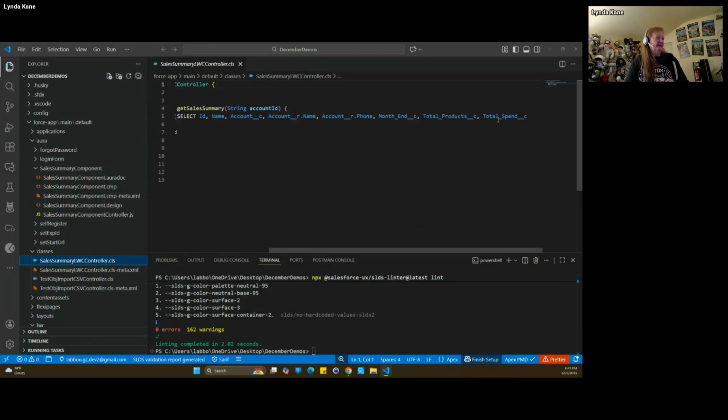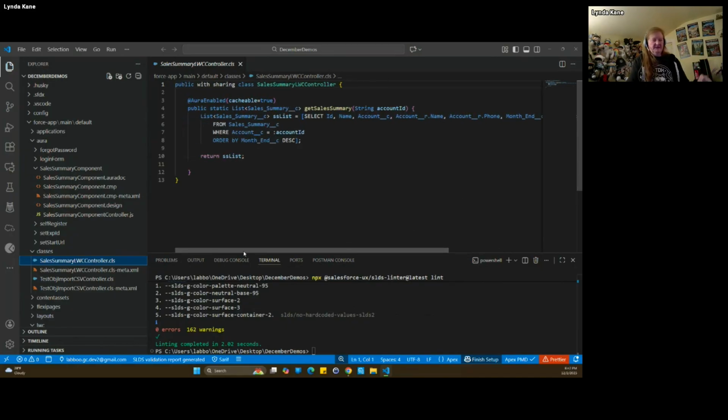And in my query, I'm getting that account. I'm also getting the account's name and the account's phone number. And then part of what I want to include in my LWC is kind of an average spend per product. Not a great example, but hey, an example with a calculation in it. Along with being able to provide a link to the summary data record directly,